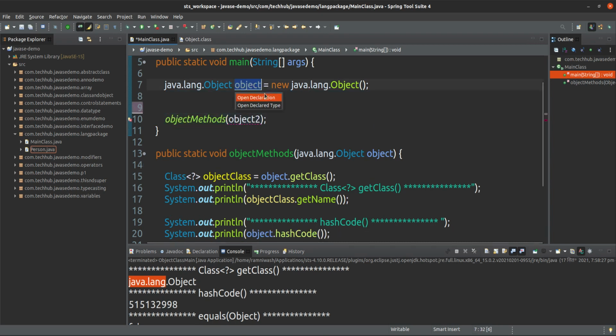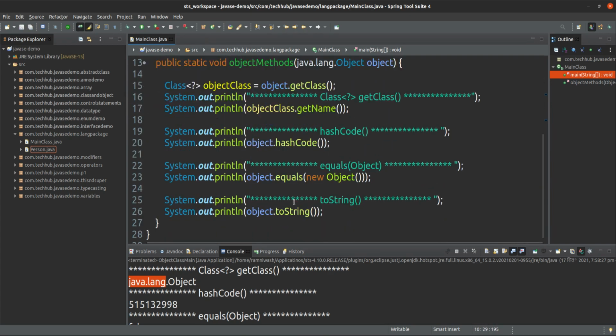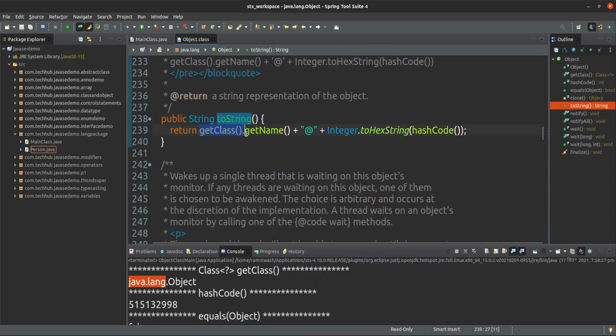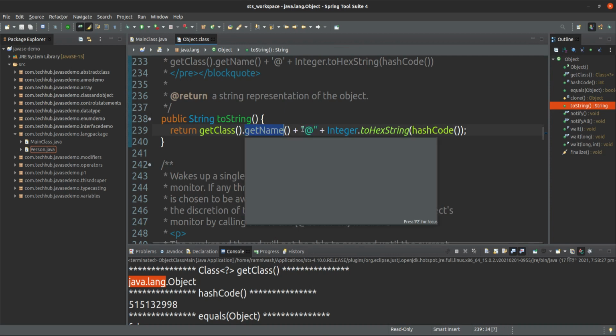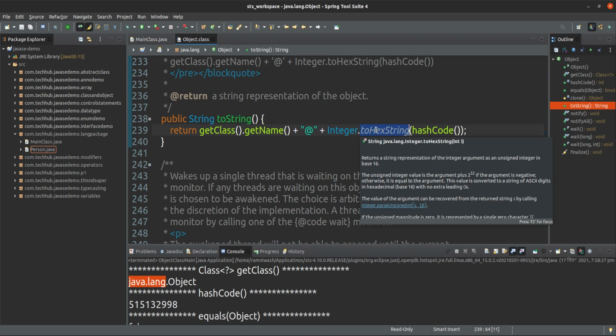Delete this one, Object. So now this is the implementation here. What exactly is the implementation of the toString method? getClass().getName(), after that it will add @, after that it will do Integer.toHexString. Hexa is what? Any integer number will be converted to a hexadecimal number, and that hexadecimal number string it will return.